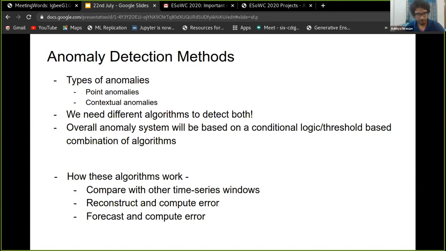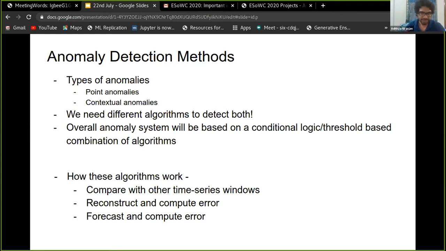Suppose you have a possible server slowdown or resource starvation in any particular resource, then your server will slow down over time instead of at one particular sample, but it is still an anomaly overall. Since both of these are very different, we need different algorithms to detect them, but we plan to integrate both of these into a final anomaly detection system.